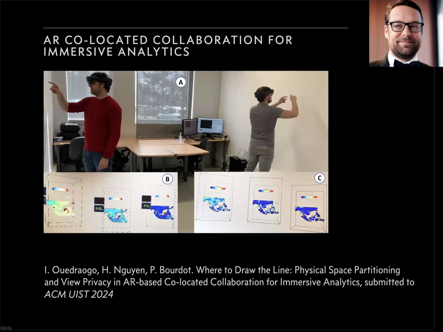Another one, which is going to be a submission to WIST, a very nice user interface conference, is about people working in the same area, doing immersive analytics together. I think in this example it's weather data, so you have very complex weather data and you want to have it in the same space, and because it's spatial data, it makes more sense here. But then how can you work together? And more specifically, how can you deal with privacy? Because there are some things I want my collaboration partner to see, but some things I don't want them to see, so how do you make interaction techniques for that? These were two more serious applications.